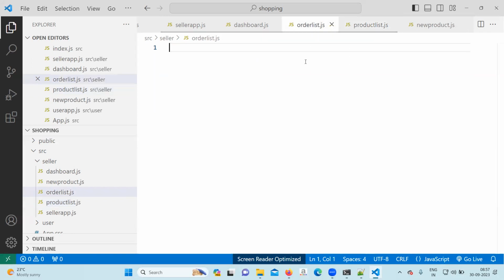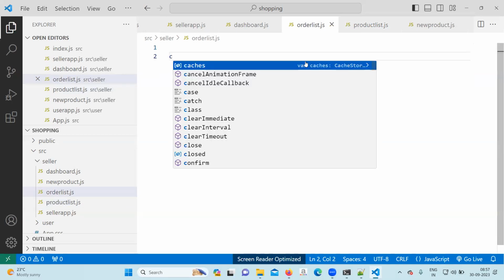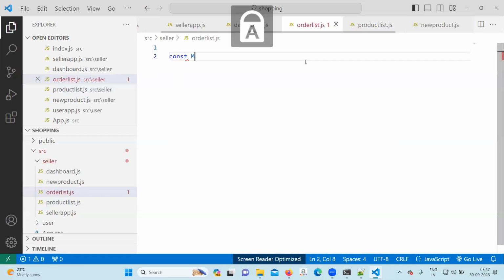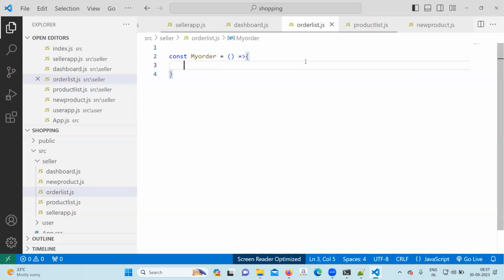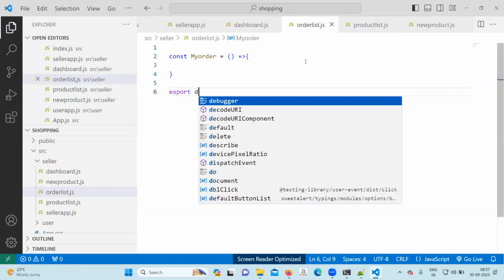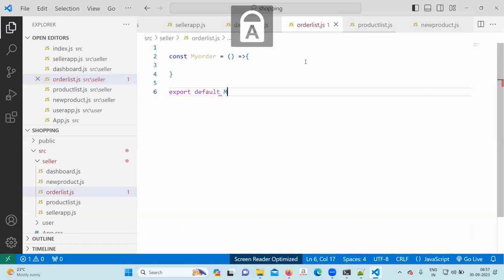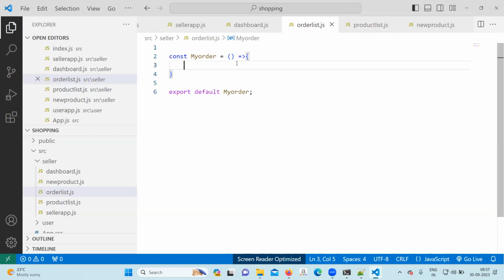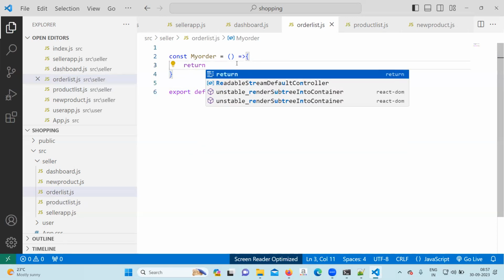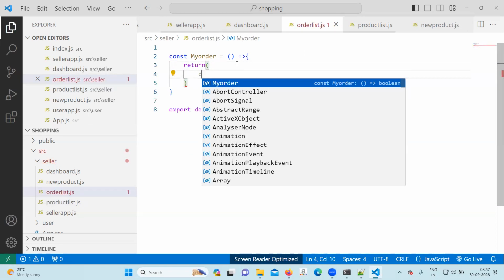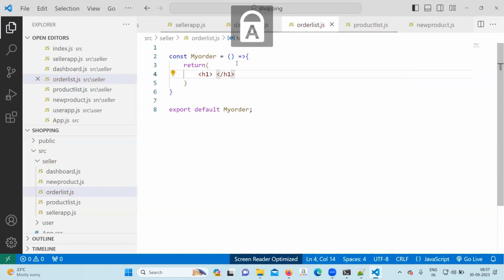Okay, in order list, const my order, export default my order. Return H1 as a order list.